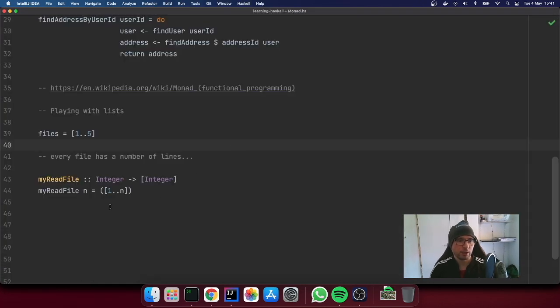And then there is another function, file, that takes the name of the file, that is just the integer here, you see, passing 1, and then returns the content of that file, right? So I read the file, and basically what it is just 1 to n. So just an example, if I pass the file name number 2, what I want to see is 1 and 2. As simple as that. And if I'm passing 4, for instance, this is returning 1, 2, 3, 4. Right, so let's see what happens.